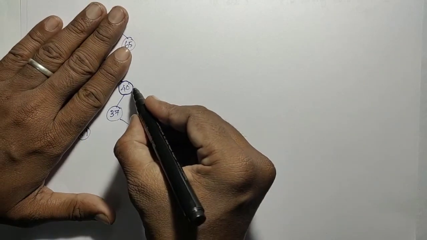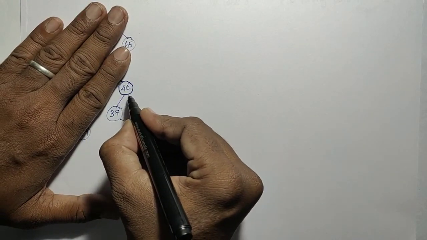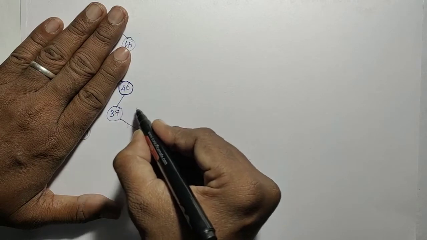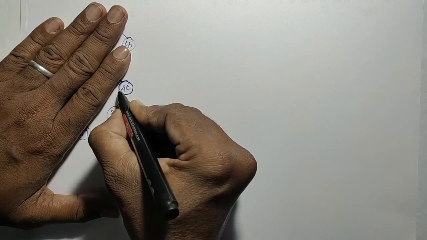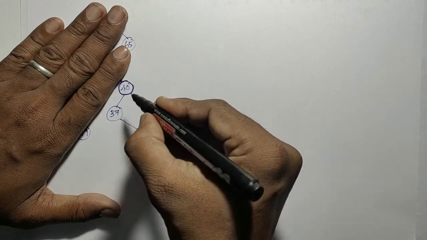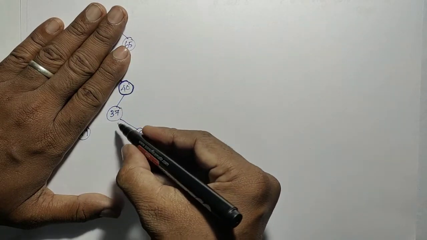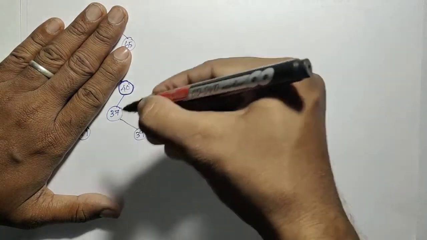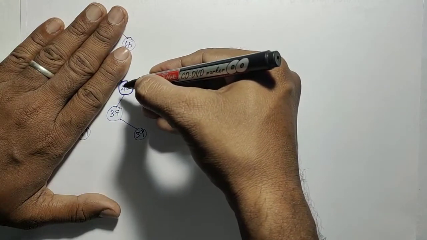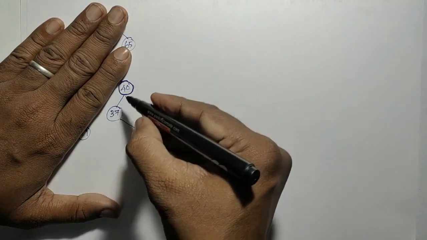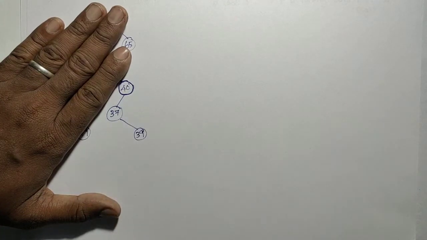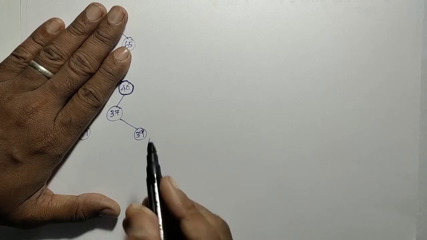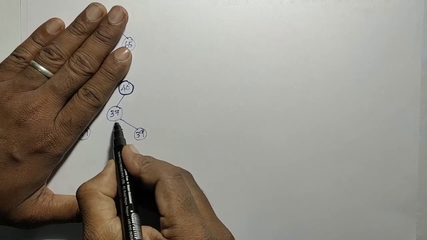Similarly, if you want to find the leftmost element from the right subtree, the right subtree is 40. We need to consider only this tree. For the leftmost element, we need to keep on searching on the left side, until the node whose left is null. That node will be identified as the leftmost, and the leftmost will be the smallest number. In the right subtree, you pick the smallest number.